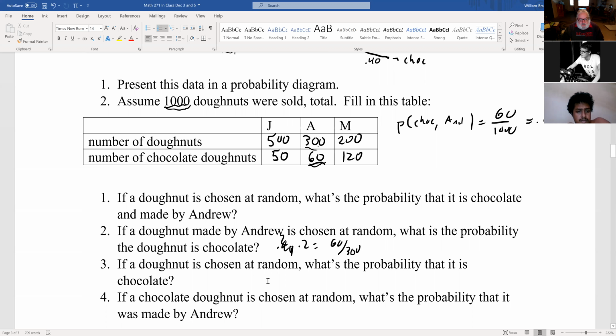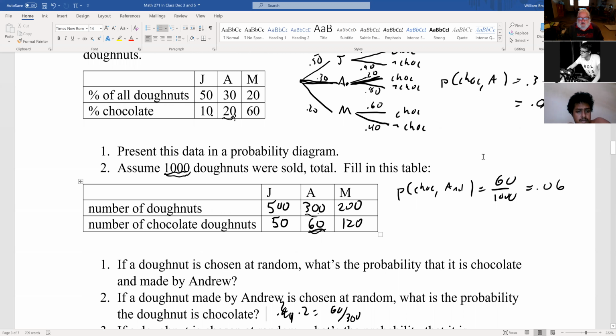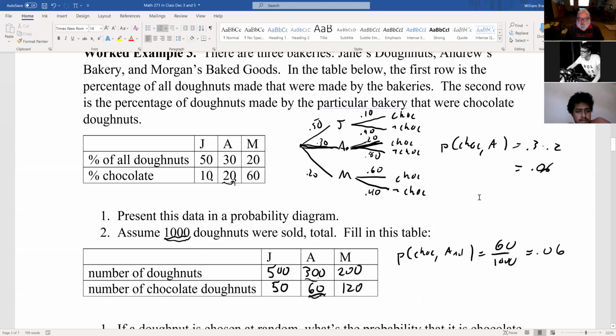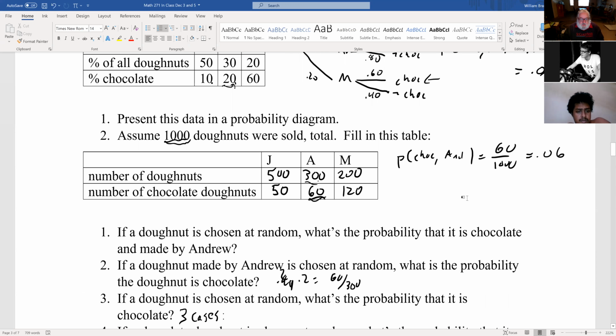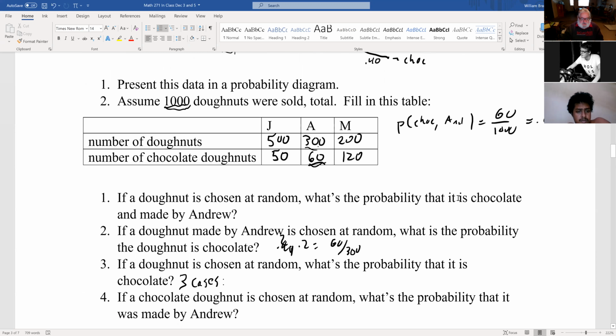If a donut is chosen at random, what's the probability that it's chocolate? So this has got three cases. If we're dealing with a probability tree, that's a little bit tricky. Well, it's not tricky, it's just a little tedious. This, this, and this are your three cases. Calculate the probabilities for each of those and add them up. Another way to do that, which I find a little bit easier, is